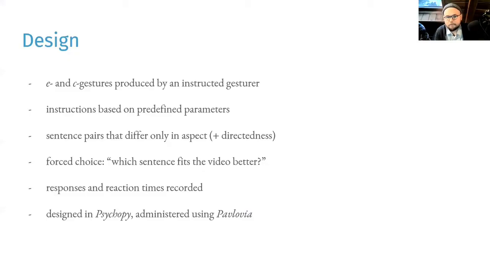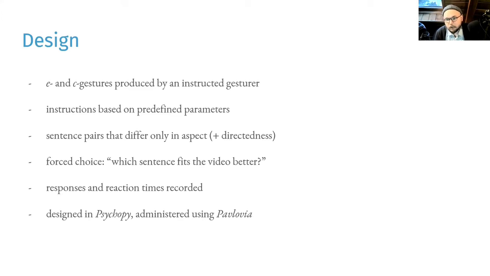The experiment was conducted as a follow-up to the corpus study to investigate the comprehension of multimodal expressions of eventuality in speakers of Czech only this time. The experiment was based on the common playback paradigm, which is a method in which participants are presented with video clips of gesture production, often together with linguistic stimuli, creating gesture-speech combinations that are semantically congruent or incongruent. And so was the case in our study, which was also based on the forced choice paradigm.